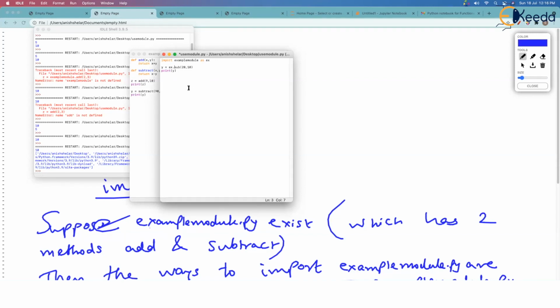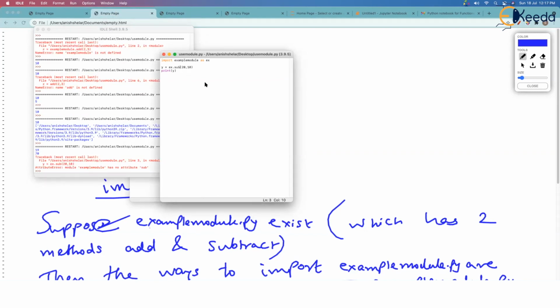So now what will happen if I run this? Let's say I save this, and if I run this, what is the output you expect? The output you expect is 10, because we are running this use module.py program, where there is only one print in the entire program, and it is going to print 10. But just get ready to see the output. It should be subtract, I'm so sorry. Our discussion has deviated unnecessarily due to this error. Okay, ex.subtract. Fine. Now, when I run this, what is the output you expect? Only one print is there, so 10 should be printed.